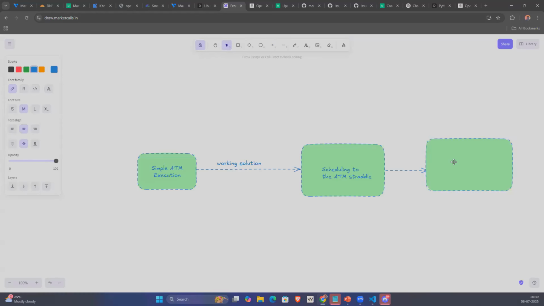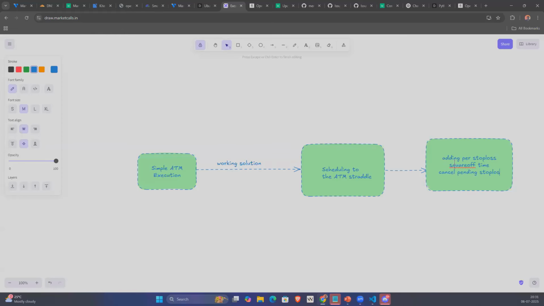So let's say we are able to schedule an ATM straddle and it's also executed properly, right? You can also try that with the API analyzer mode. Once we're done with that, we build the actual strategy. We are adding stop loss, per leg stop loss. You can also add a combined stop loss. And we are also adding a square off time, and we also added a cancel